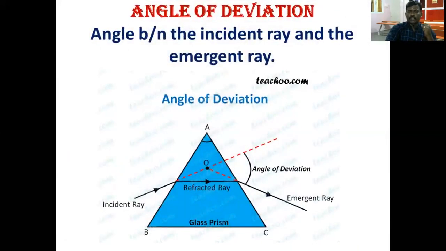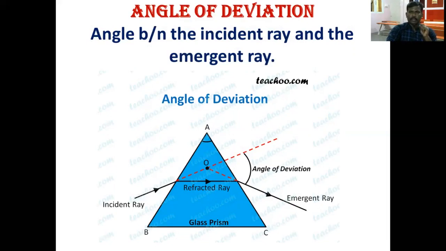Now we are going to study the refraction of the light ray through the prism. So here also we mention the angle of deviation. In this diagram, the angle of deviation is the angle between the extended line of the incident light and the emergent light. So the angle between the incident ray and the emergent ray is called the angle of deviation. So in this diagram also we can mention i, r and delta. Delta is the angle of deviation.